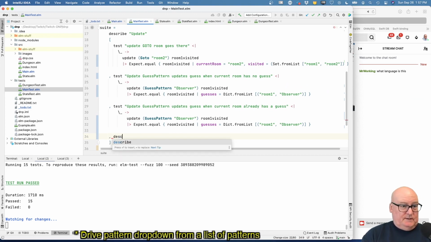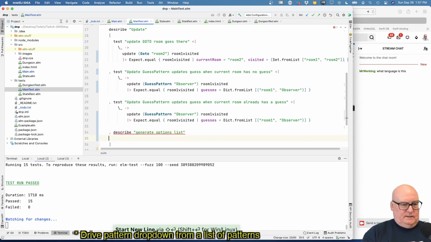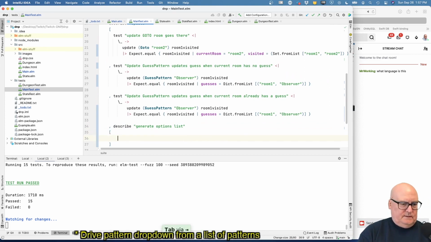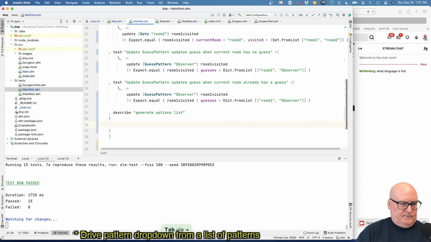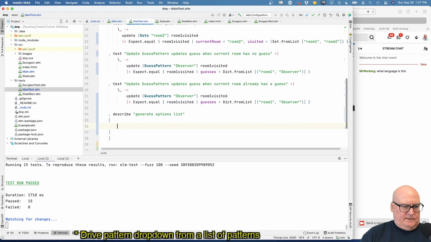Try is right. Okay, so this is generate options list. Describe takes an array of tests. Okay, this can definitely be better, but let's get something together first. Okay, so